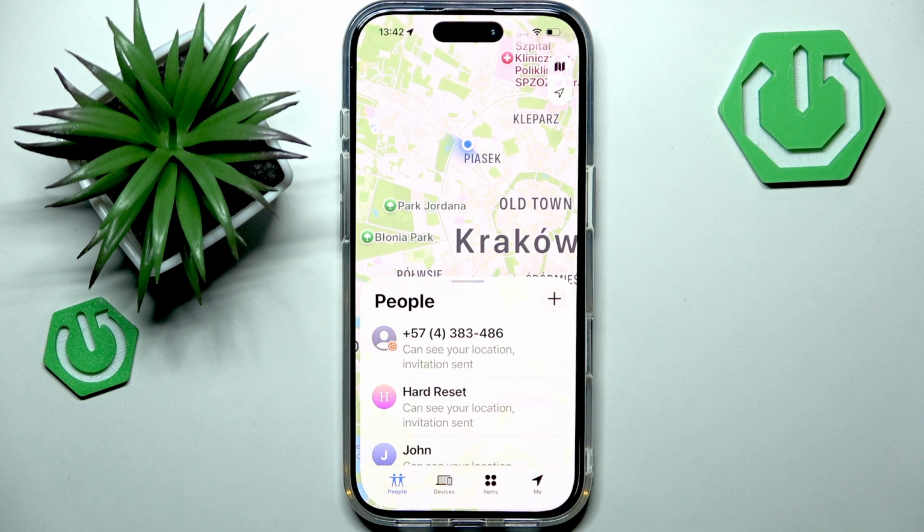So yeah, that's basically how you can share your live location on your iPhone 17 Pro, and I really hope